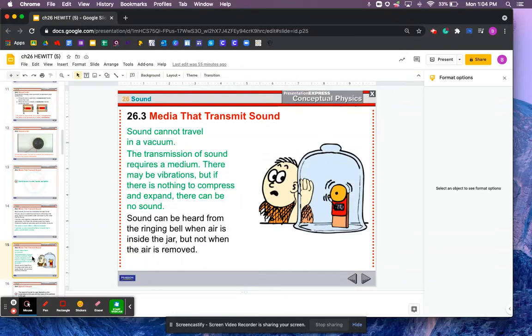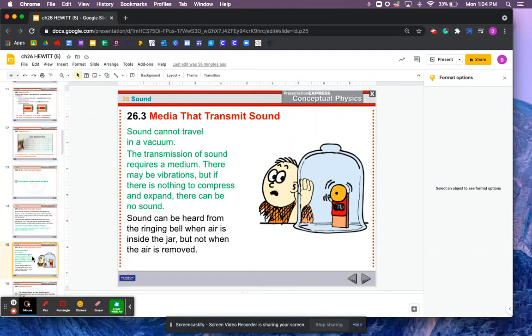Another neat thing, have you ever thought of why you don't sound the same on a recording as how you hear yourself? When you talk, you hear yourself a certain way, but when you listen to a recording of yourself, you're like, whoa, I sound different. What's happening is when you're talking, sound is coming out of your mouth, traveling in the air around you, and it can travel around to your ear. But at the same time, sound is also traveling, like I said earlier, through your skin, through your bones, through your skull, into your ear. So you're hearing it through two different mediums.